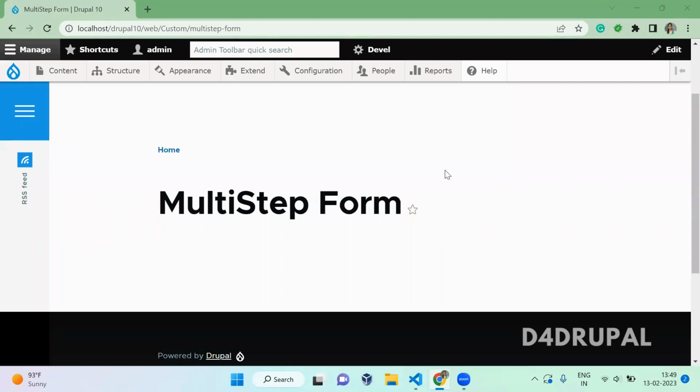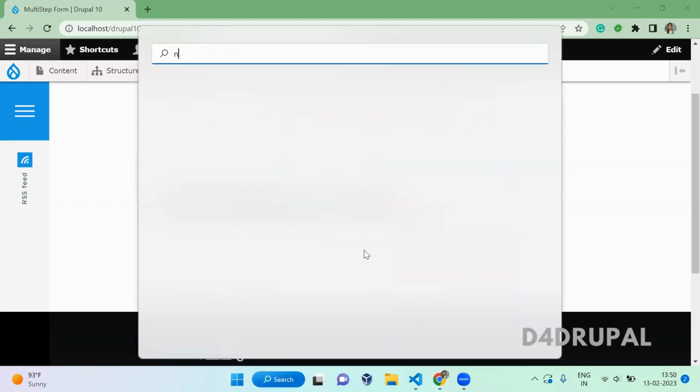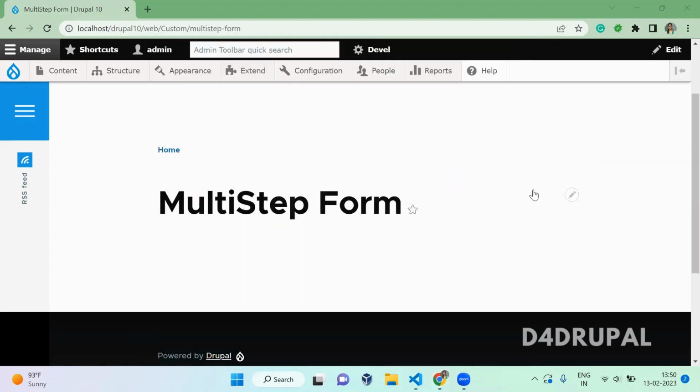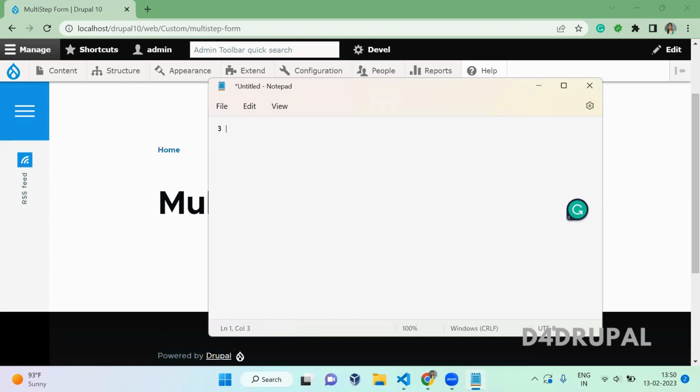Today we are going to see how to create a multi-step form in Drupal. So now I am going to create a three-page form. Let me explain what I am going to do now. So I'm going to create a 3-page form,